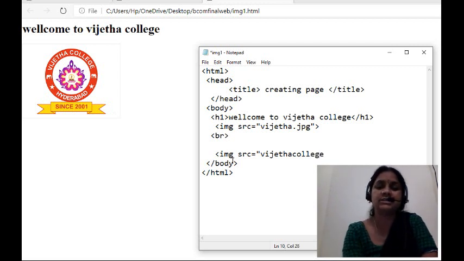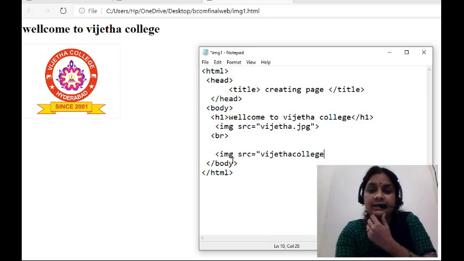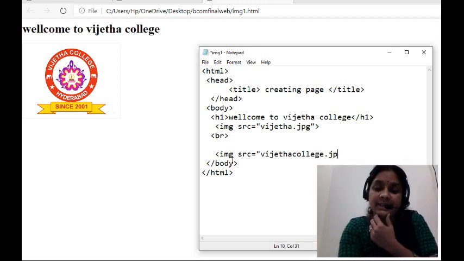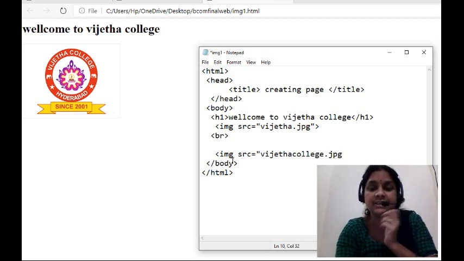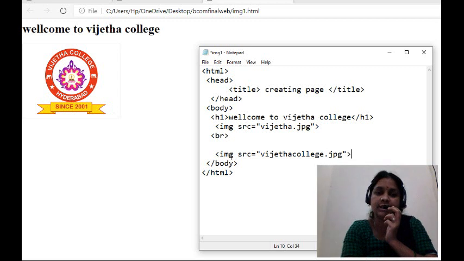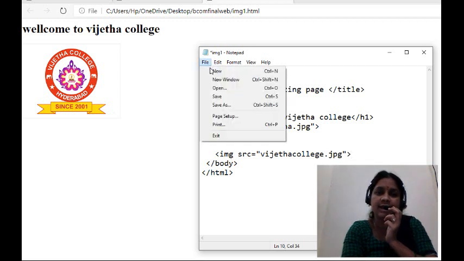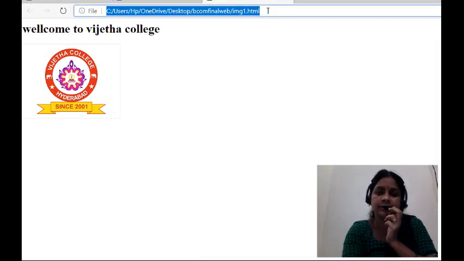Here I used dot jpg, in double quotes, and I am closing it. Then I am saving, file, save. Then let us see the output.